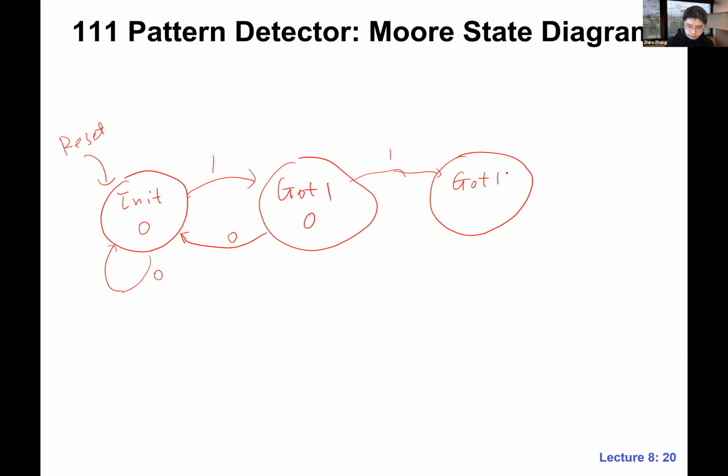We create another state, got1, 1. So we're done with got1, we handle both inputs. Now it's hopefully clear. In got1, 1, when we have a 0, we also go back. And when we see another 1,